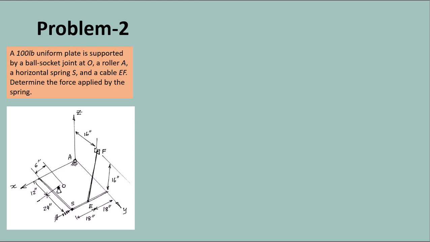Now let's look at the second problem. Again, it's a rectangular plate, which is supported by a ball socket joint at O. So this is O. A roller at A, a horizontal spring here which applies a force along the x-axis,